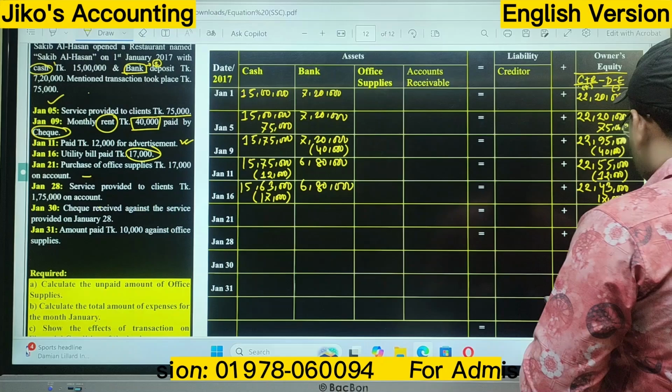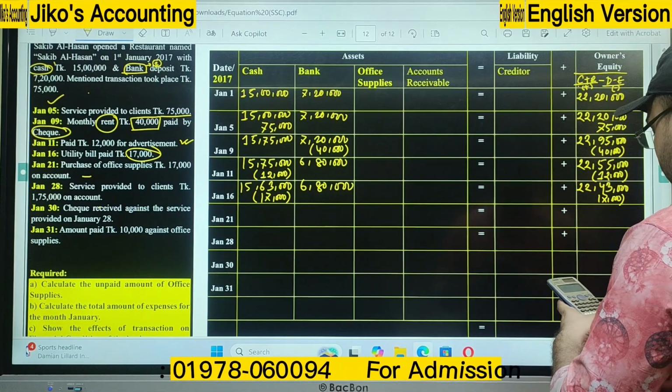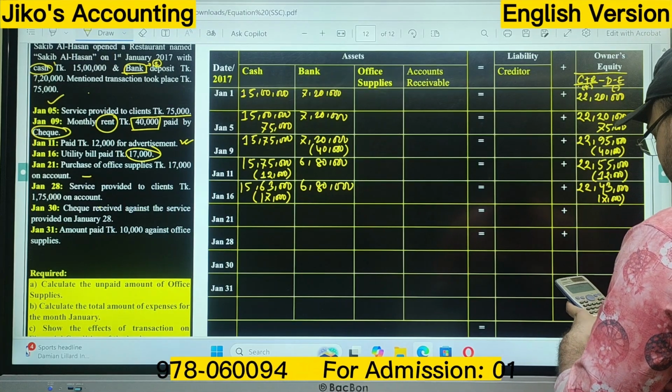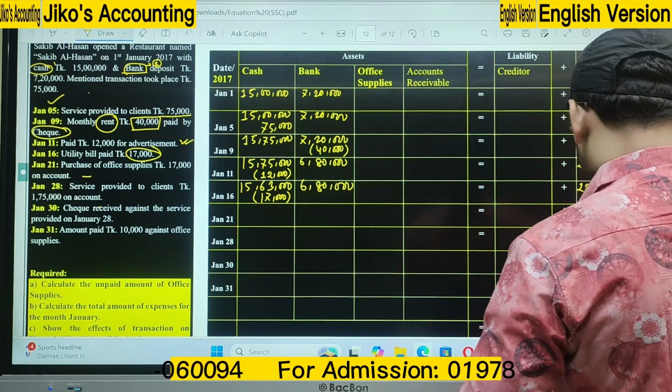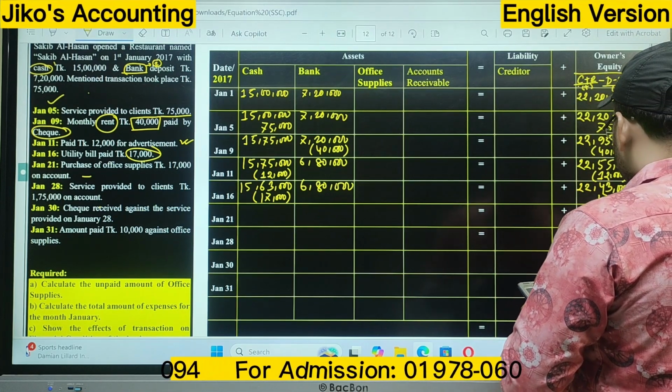Now deduct 22 lakh 43,000 minus 70,000. In short, 43 minus 17. How are we getting here? 22 lakh